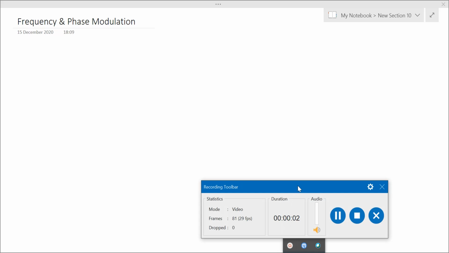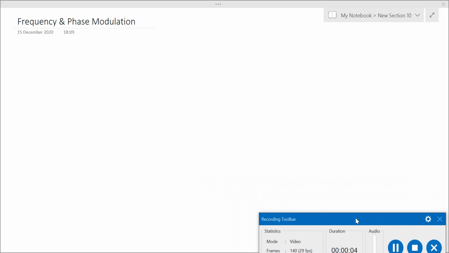Next lecture, we will now study frequency and phase modulation. This will be the last lecture of communication system. So till now we have seen that we can vary the amplitude of a signal with respect to the message signal, and